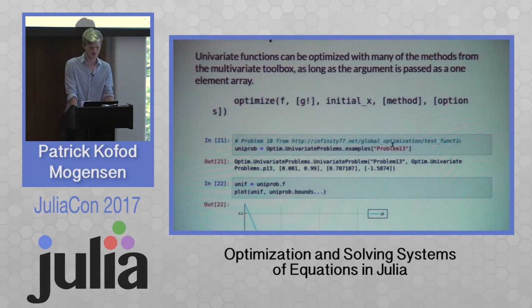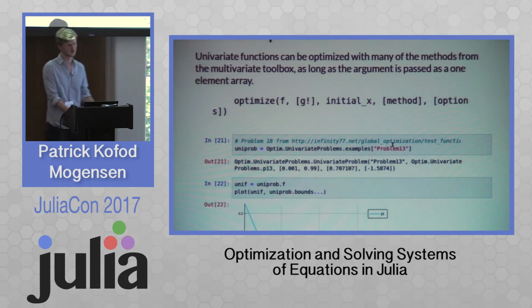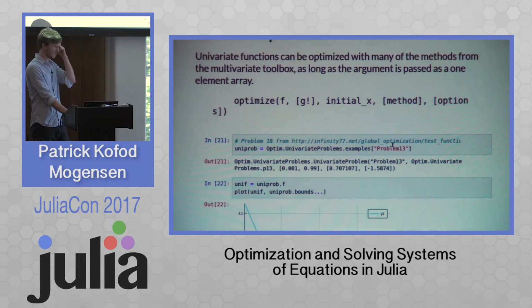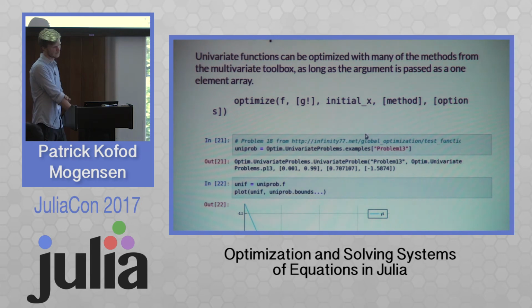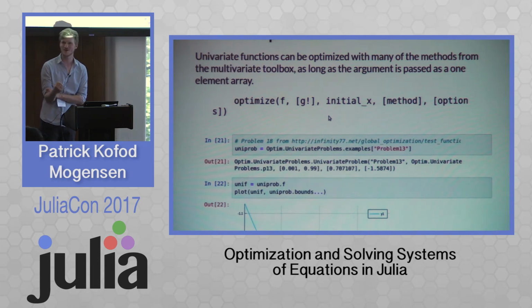Okay, so as I told you in the beginning, we have a special sort of methods for univariate minimization if you can provide some bounds where you want to find the minimum. But you can also just use the regular methods that I just showed you for univariate minimization. I'm telling you this because we've also had a lot of issues on GitHub asking why can't you use gradient descent for univariate methods? Well, you can. You just have to provide the initial x as